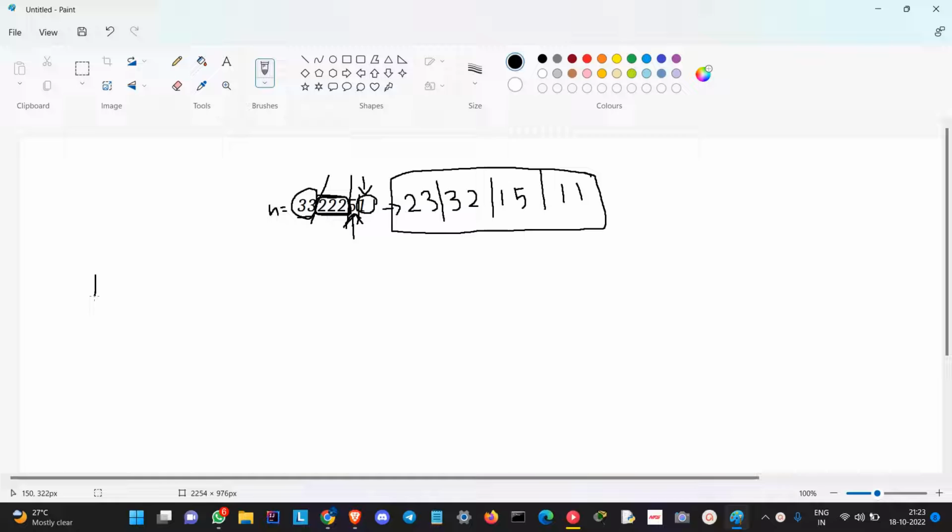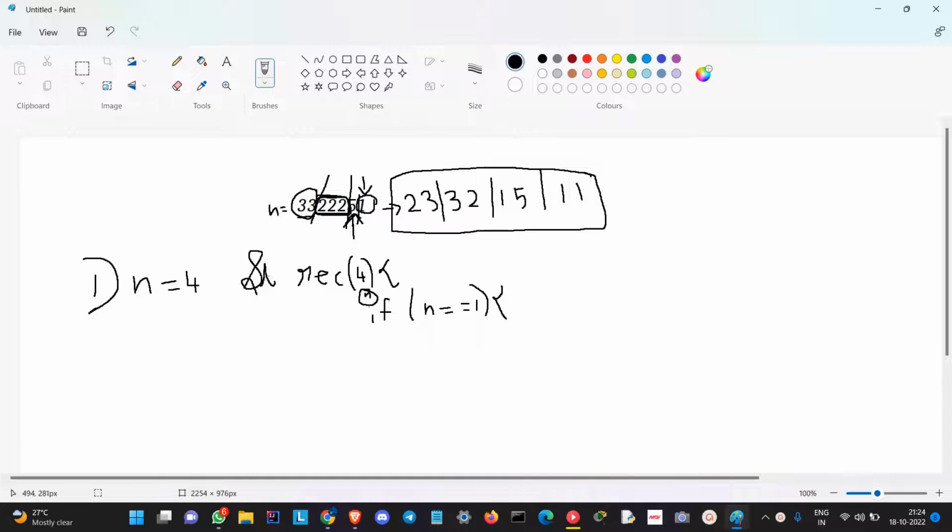So we'll consider the test case where n is 4. In order to find it, let's call the function rec, which has parameter passed as 4, and it will have a base condition, which is given in the question. So if n is equal to 1, this will return a string. We'll return "1",